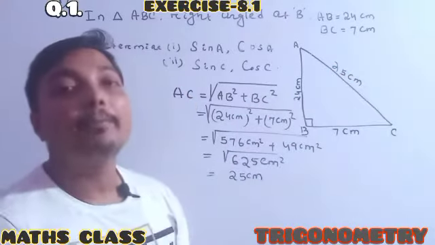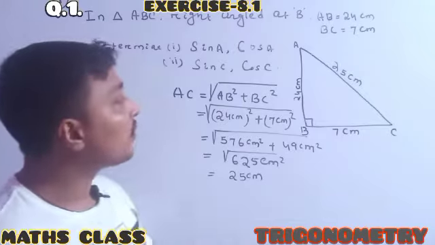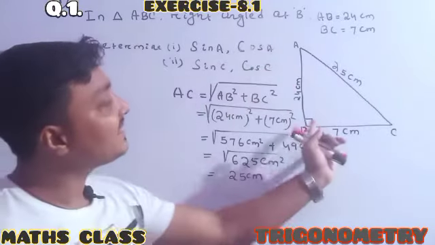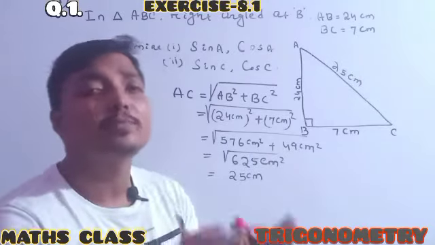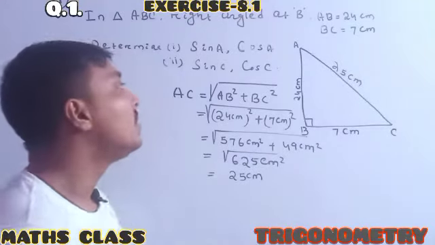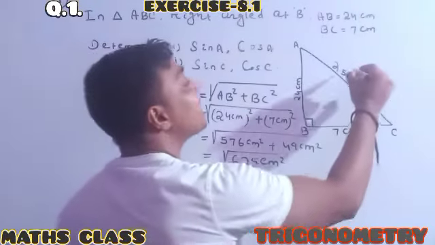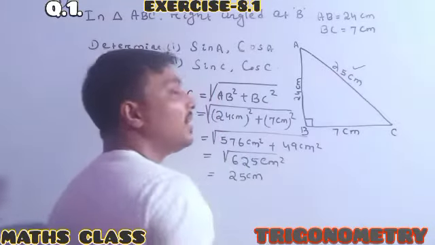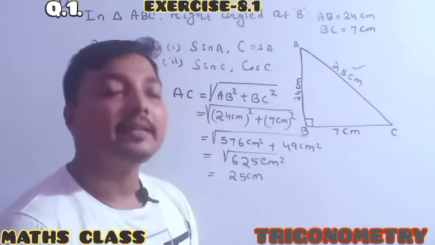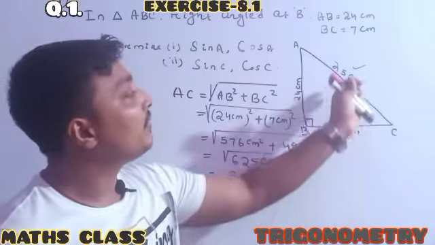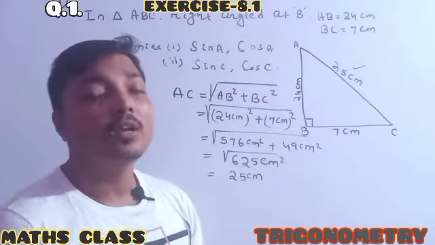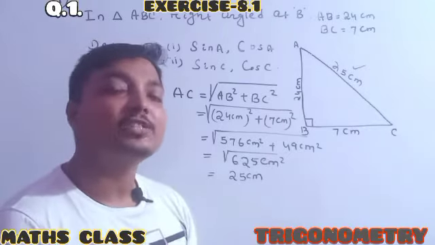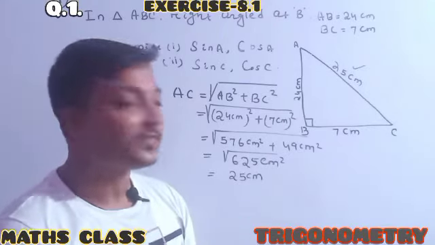By taking P and B, otherwise by taking this side and this side, we can easily find the hypotenuse by using our Pythagoras theorem. So whenever one asks, sir, why did you find this? Is it any requirement? Yes. Whenever we find this, then you are capable of finding the six trigonometric ratios of any of the acute angles. Okay?